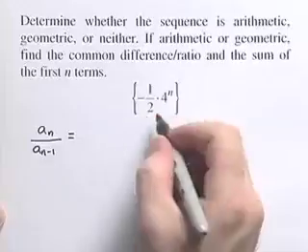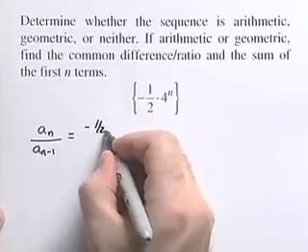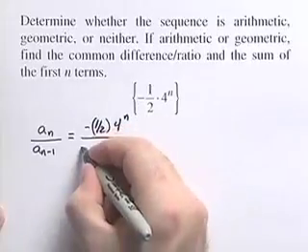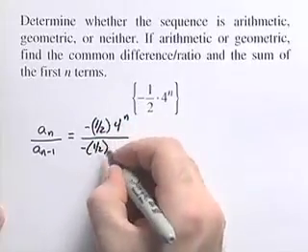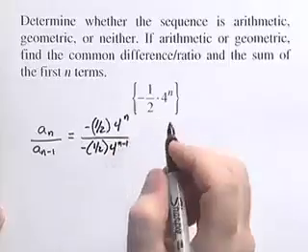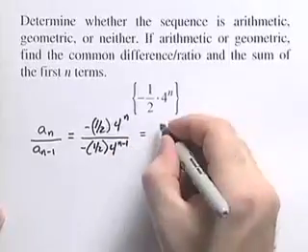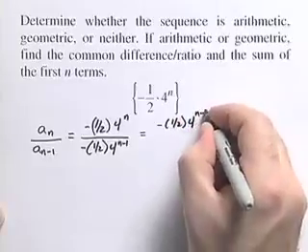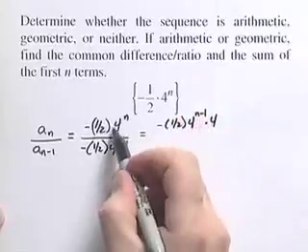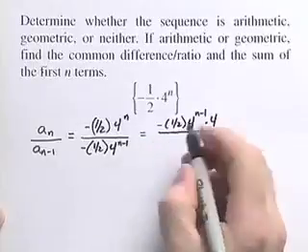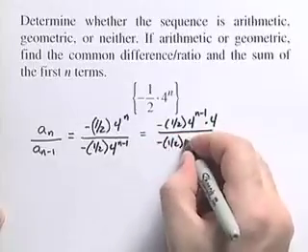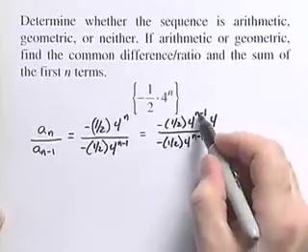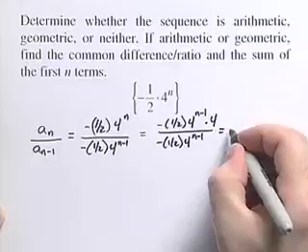This is a sub n that we're given here, so we'll have negative 1/2 times 4 to the nth power. That will be divided by negative 1/2 times 4 to the n minus 1 power. We can rewrite that. So it'll be negative 1/2 times 4 to the n minus 1 times 4, over negative 1/2 times 4 to the n minus 1 power. We notice that the negative 1/2 and 4 to the n minus 1 cancel, and we get that this ratio